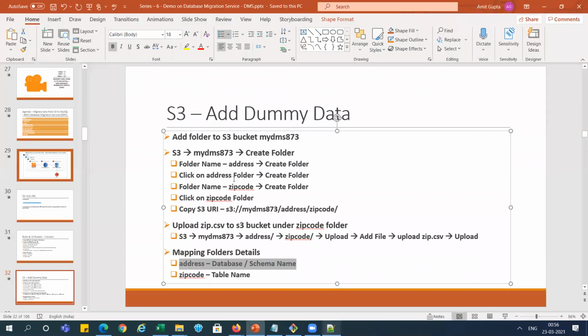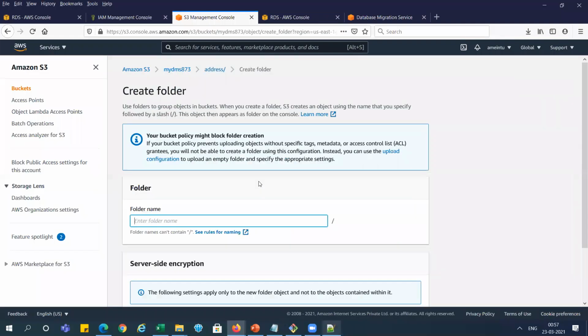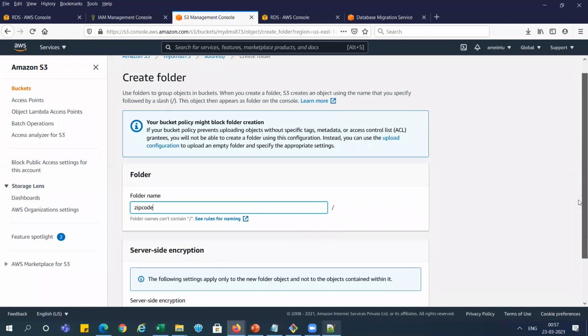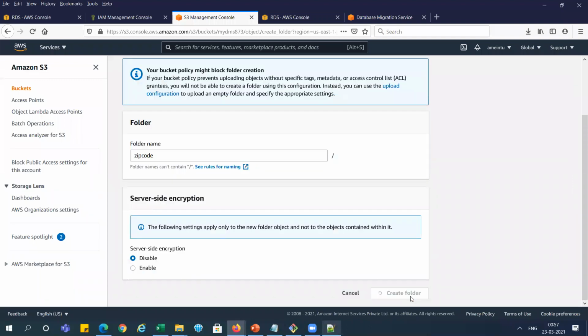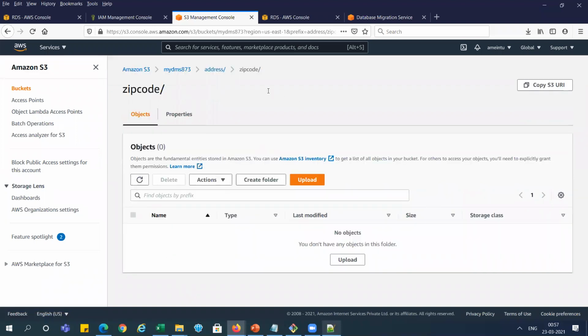So we will create the next folder structure for that zip code. Go to S3, and we are inside this address. I'm going to create one more folder, zip code. So it is just like a schema or database name, and next the table name. This is zip code, right? You can see zip code is there.